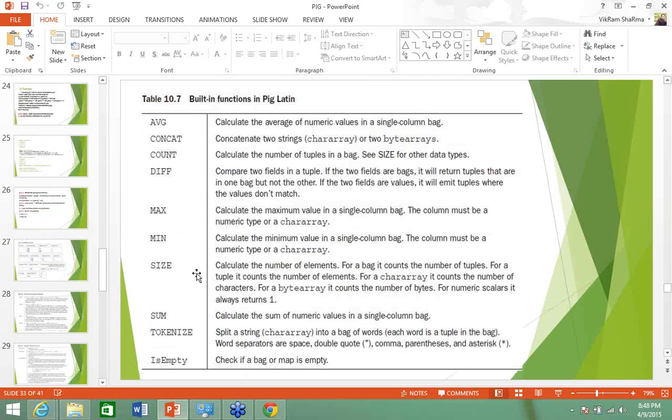Can anybody tell what is the difference between size and capacity? What is the difference between size and capacity?